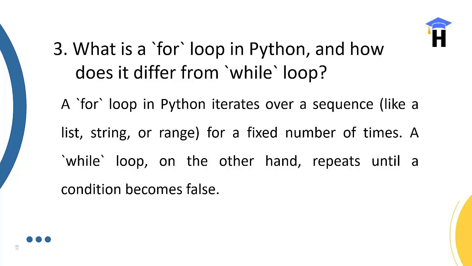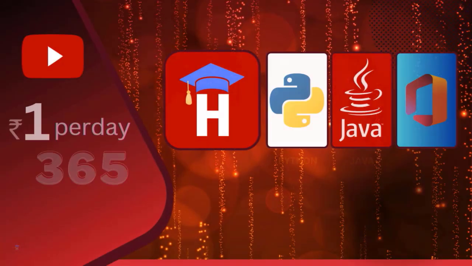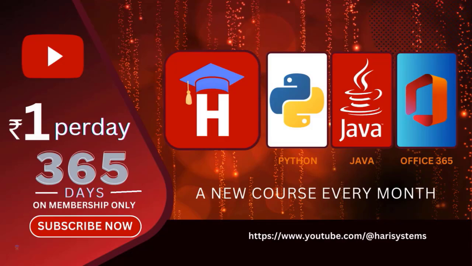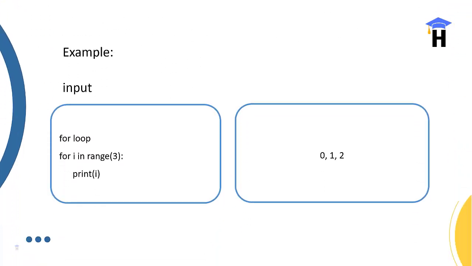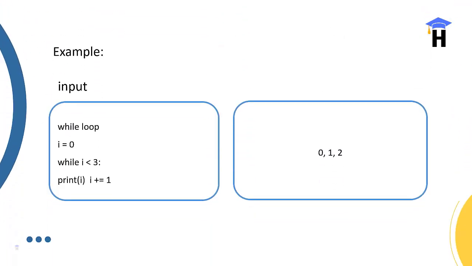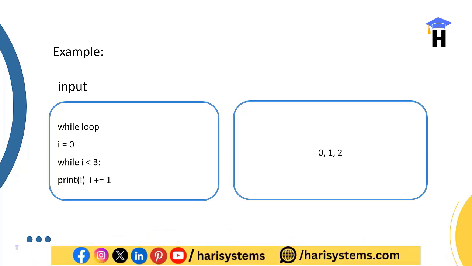A while loop, on the other hand, repeats until the condition is met. If you specify a condition and the condition becomes false, the loop automatically terminates. The same happens in the for loop also, where you have to justify this answer. For example, we'll see a for loop in a range. If I give 1, 2, 3, it is going to print. Similarly, in a while loop, i equal to 0, while i is less than 3, print i, then i plus 1 equal to 1, which means incrementing the i value. Otherwise, it will go into an infinite loop. You have to identify that. So it is the iteration. Once the i iteration reaches 4, the loop is going to terminate automatically.